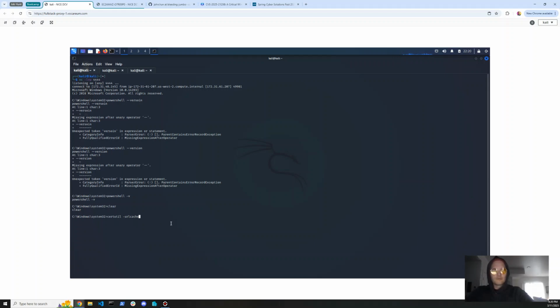Urlcache, beauty of AWS EC2. All right, urlcache -f HTTP. We want our Kali IP address, 145. I assume next is going to be the port, 8080 that we put in. Now